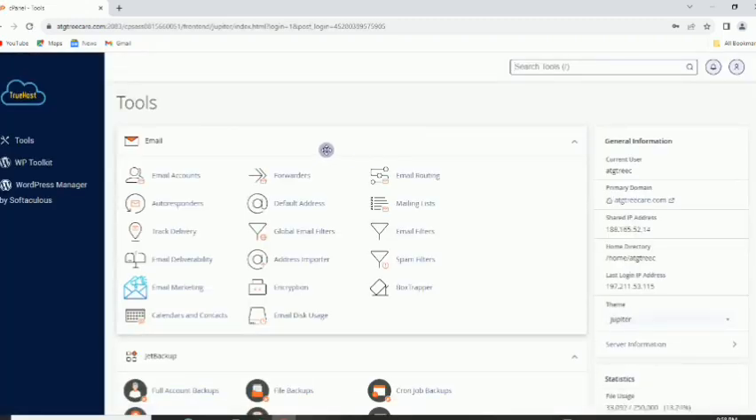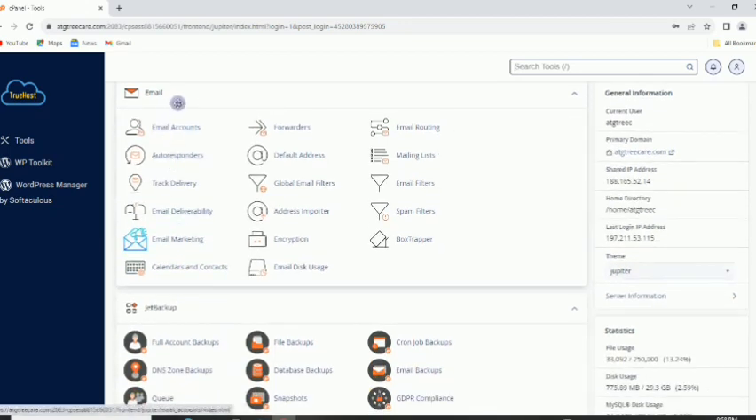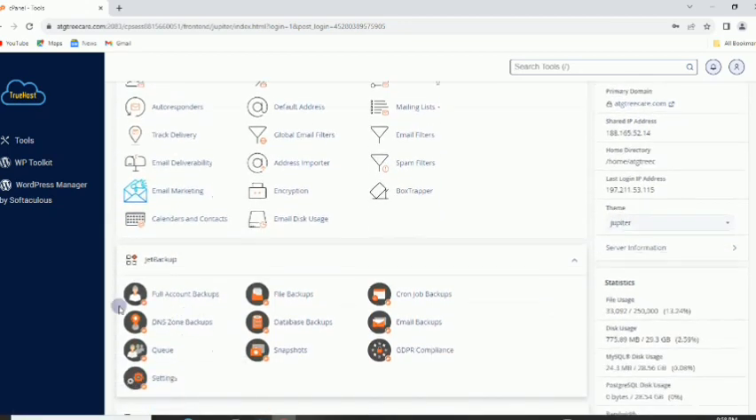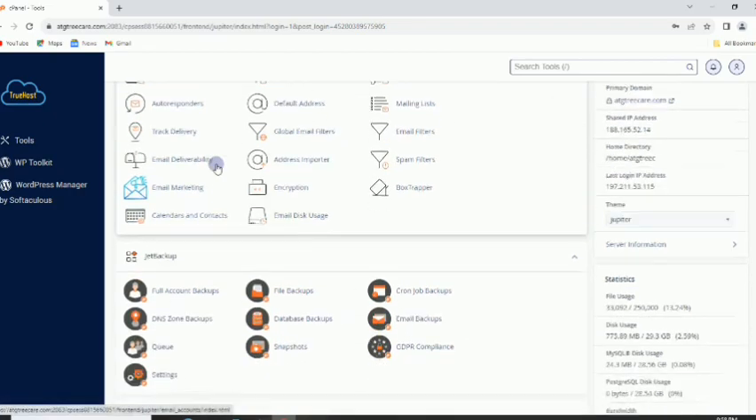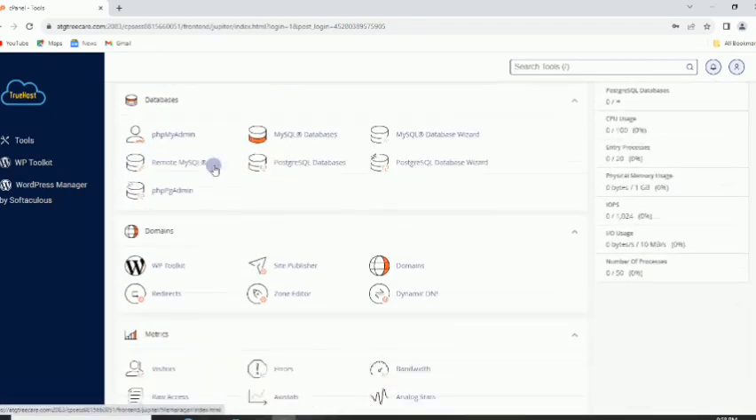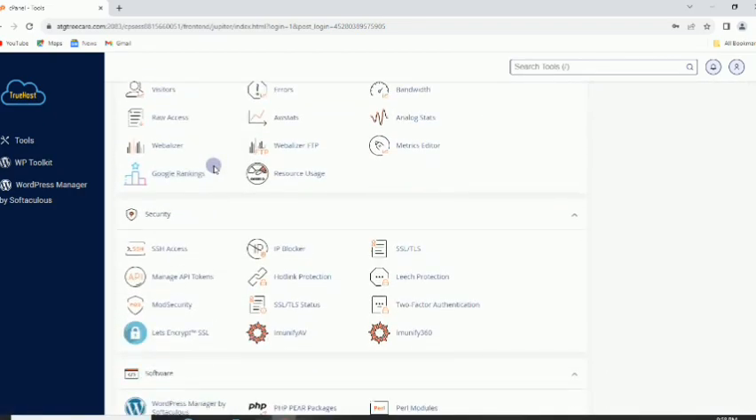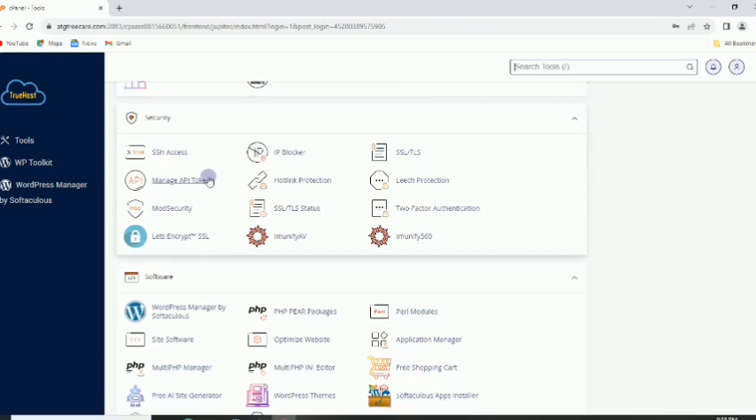The cpanel of most hosting companies look almost the same. The arrangement might be different, but at least you have these tools like this. Maybe after email, instead of jet backup, you may have something different, but they are all the same. So they all look the same. So we just have to scroll through this until we have where we have